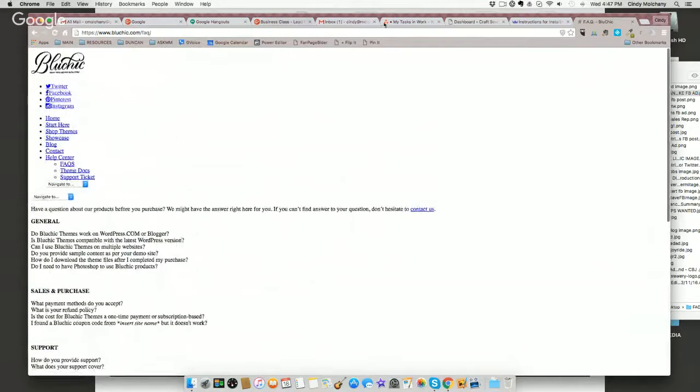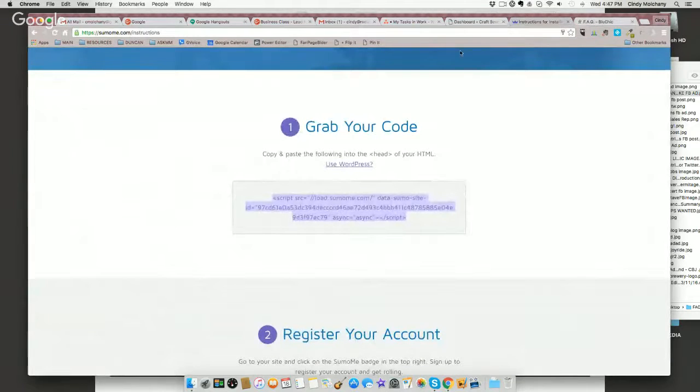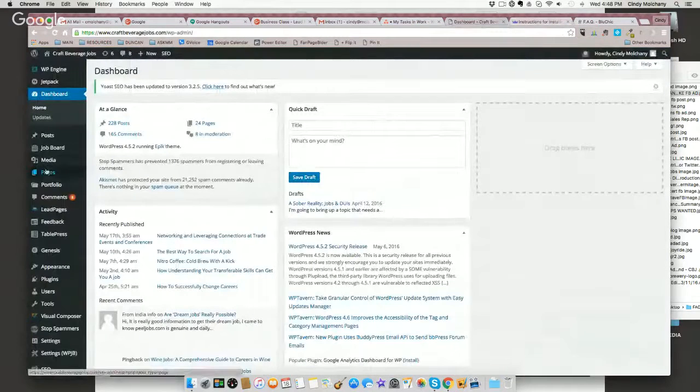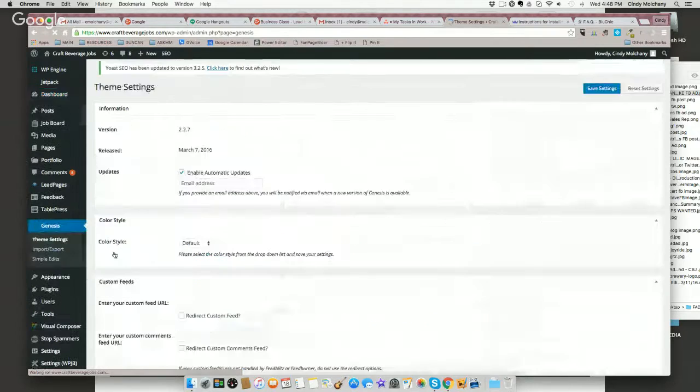All right, I'm not sure if I'm going to be able to find that information for you that quickly. But in the back end of your WordPress, you might have an area called Bluechick theme options. So I use a theme called Genesis, and here's where I'm hovering over. When I load the theme, it comes with a Genesis theme options area. And so I'm just going to go to theme settings. And you're going to try and find this within the back end of your WordPress site. Go to theme settings,